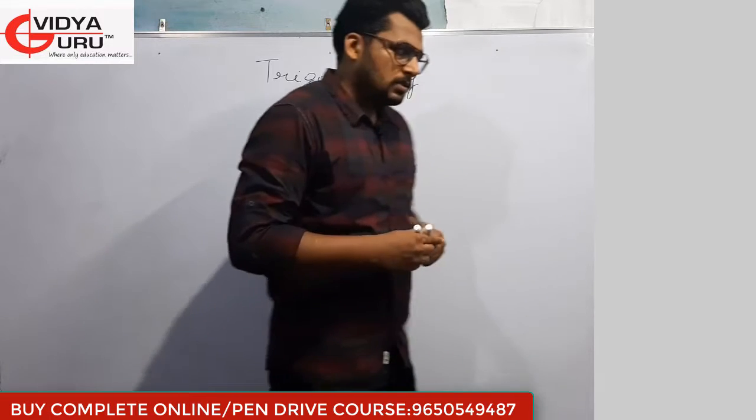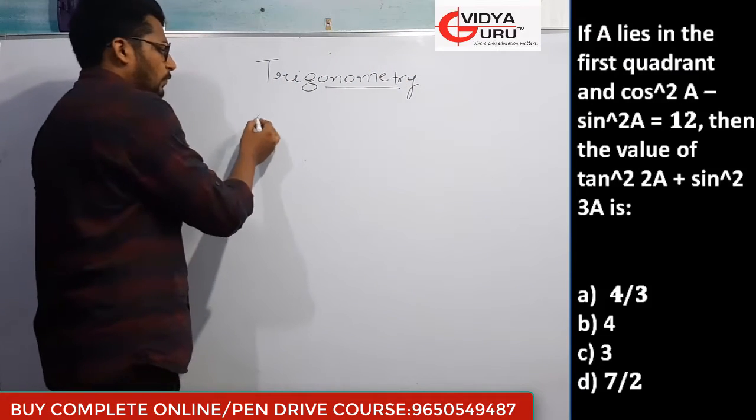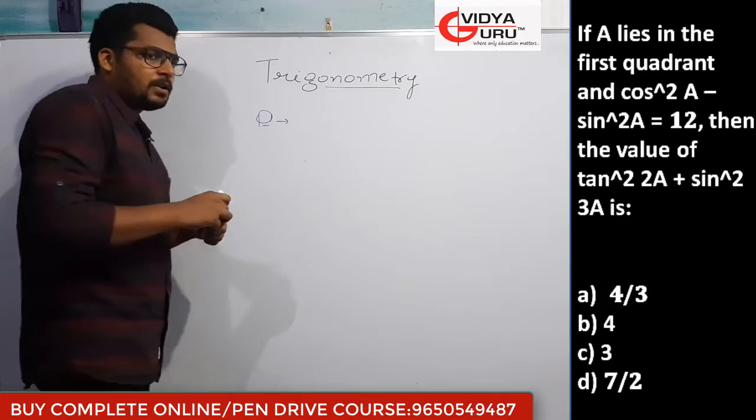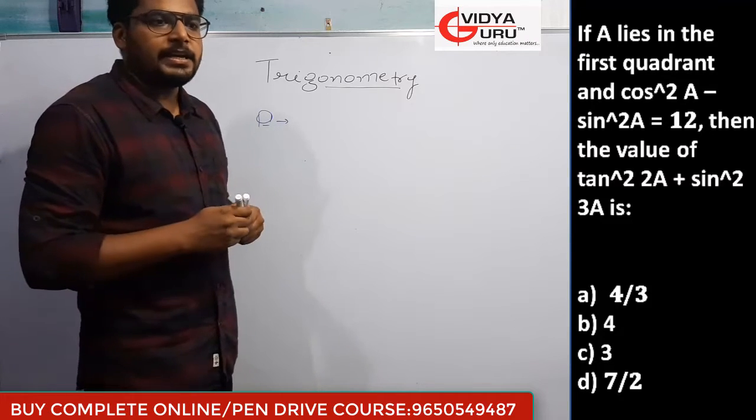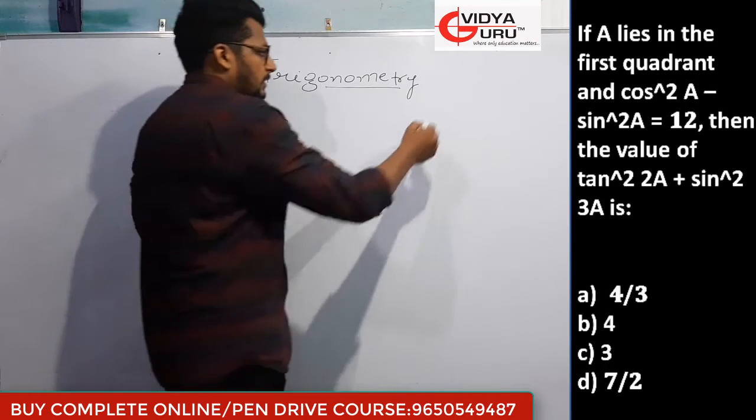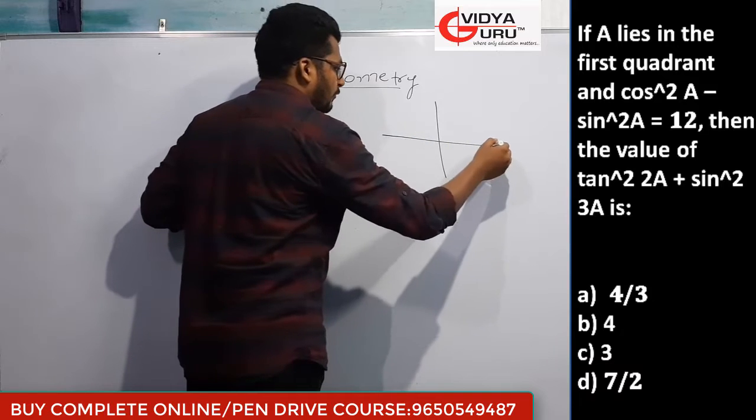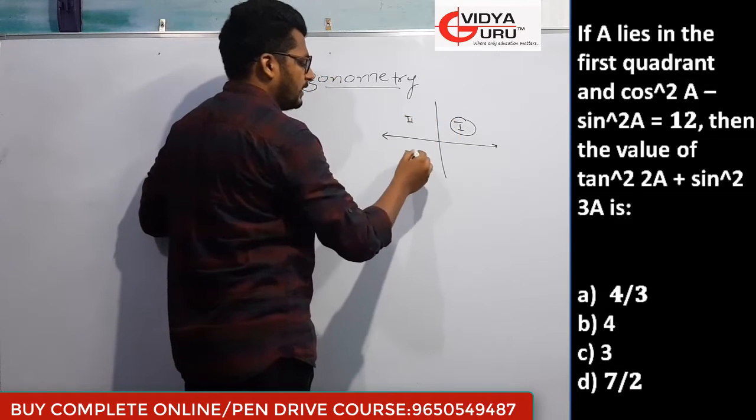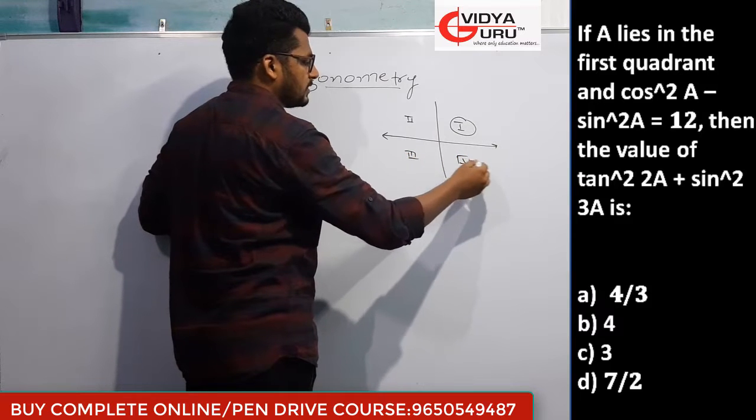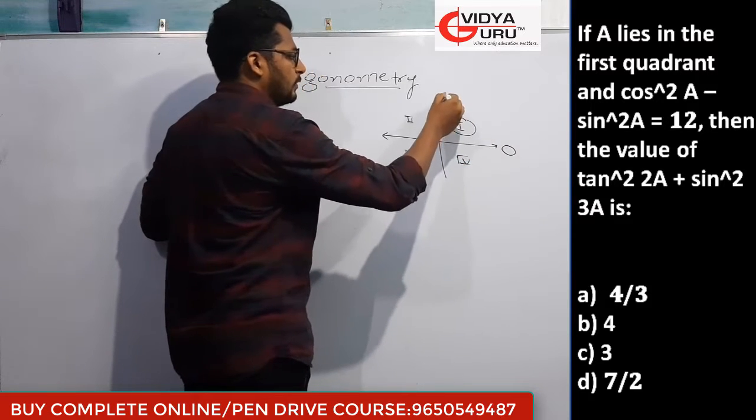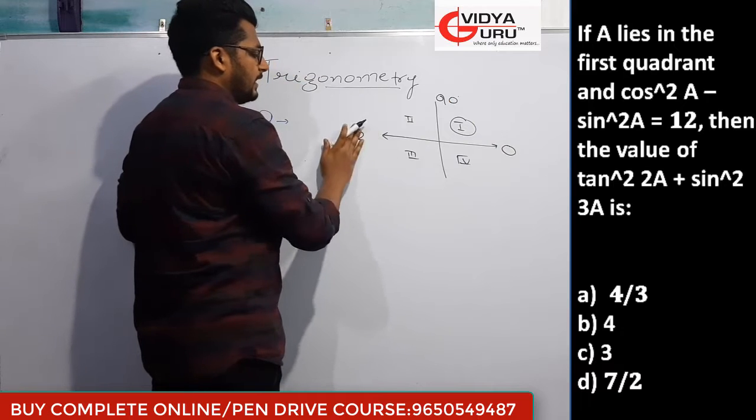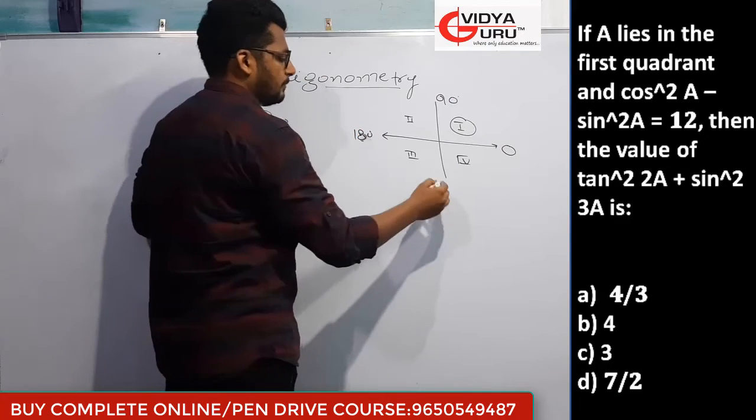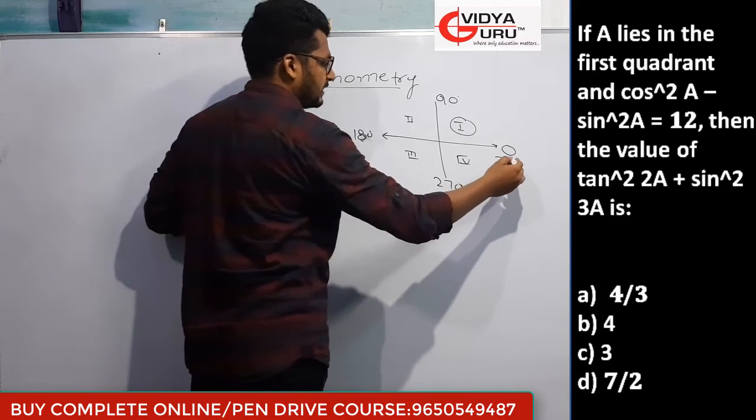So, starting with our first question. What is the first question saying? The question says: a line in first quadrant. In trigonometry, there are four quadrants. This is called the first quadrant, this is the second quadrant, this is the third quadrant and this is the fourth quadrant. It starts with 0, here it is 90, then it is 180, then plus 90, 270, then here 360 and